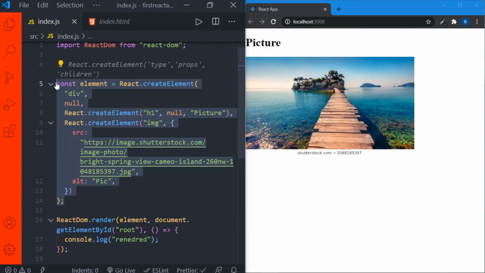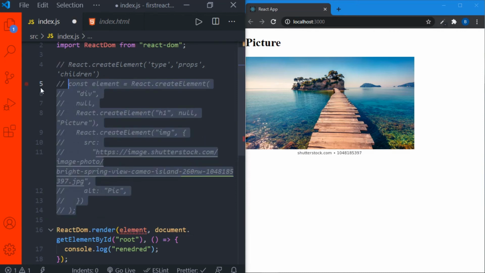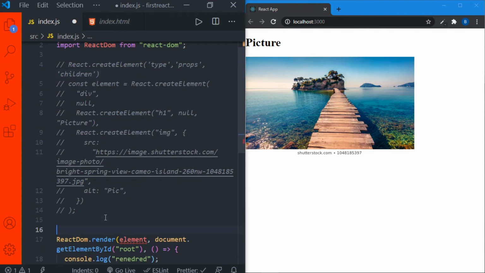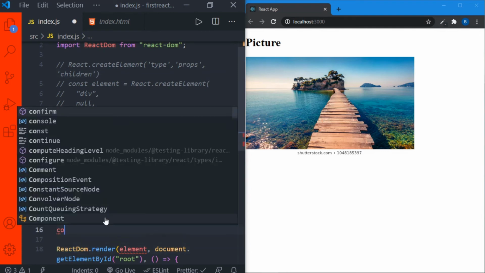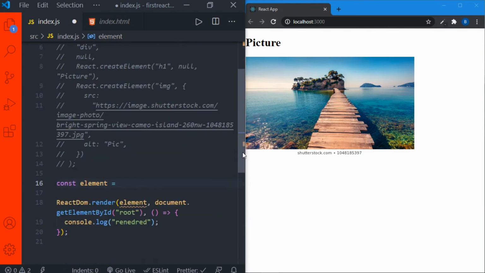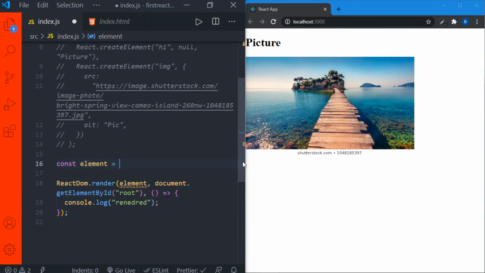Now let's see how the code will be after JSX comes into the picture. Okay, now I'll declare the same element with the help of JSX. So const element equal to. Now with the help of JSX, we can use just HTML tags without the createElement method.